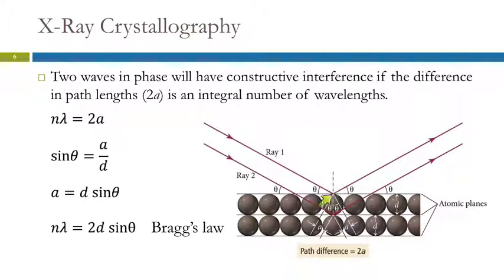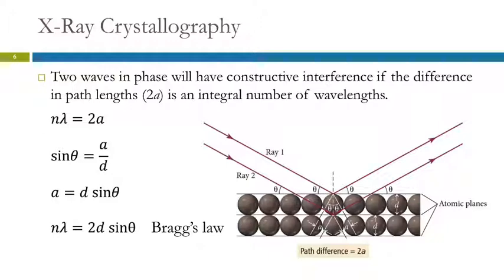There's a distance that ray 2 travels that's farther than ray 1 because it went into the substance. And so that path difference is 2a. It's a little hard to see here, but here's a. So this distance and then back out again. That's the difference in the path. So you see constructive interference, you'll see an increase in signal,